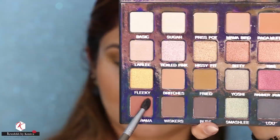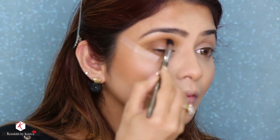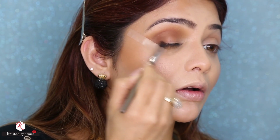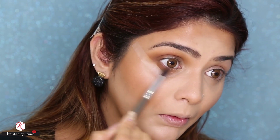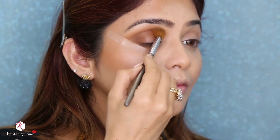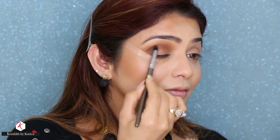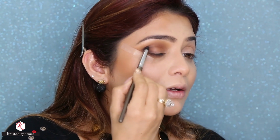The next color is this one, which is a little deeper color, and I'm going to apply it again in the crease line, but I'm not going to bring it too much in the inner corner. And now finally this darker color, which I'm going to concentrate on the outer corner of the eye